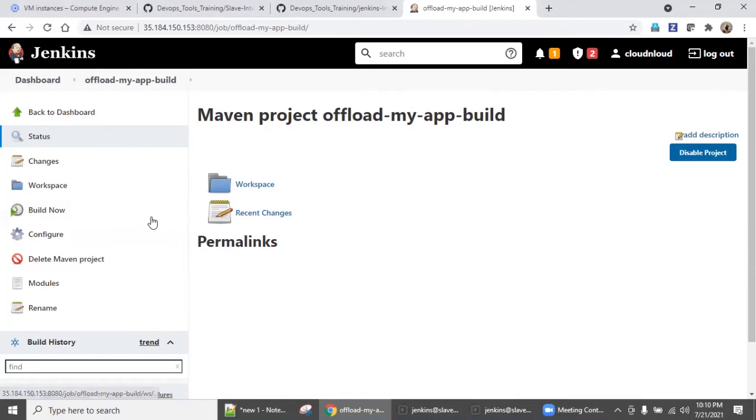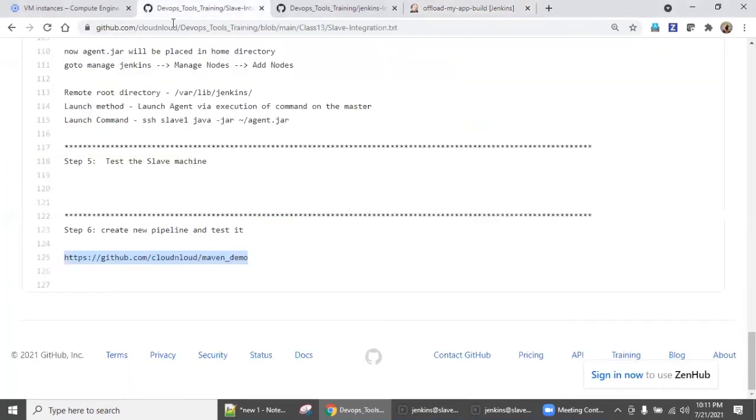Now I'm going to do a manual trigger, but if you enable polling, then you need to create one sample test file in the application repository, which is technically the developer making some changes. So Jenkins will detect the changes, start the compile and build using the slave machine's help, right?